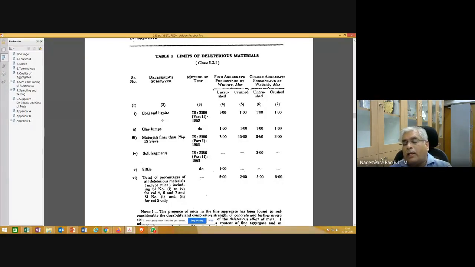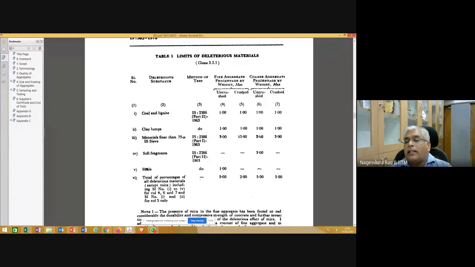Suppose you take a fine aggregate, some sand or something, and perform this test; in fine aggregate the percentage by weight should be a maximum of 1%. In fine aggregate the coal and lignite shall not exceed 1%, whether uncrushed or crushed.